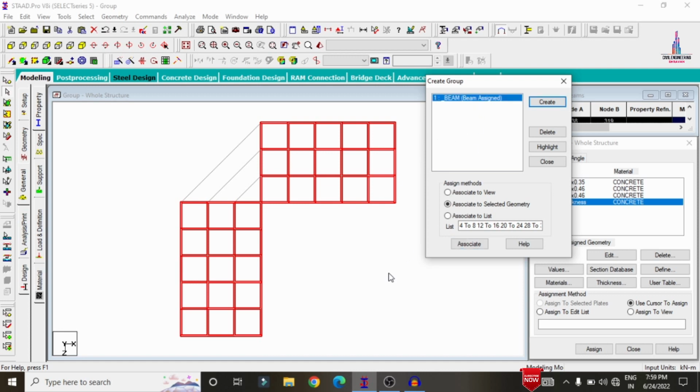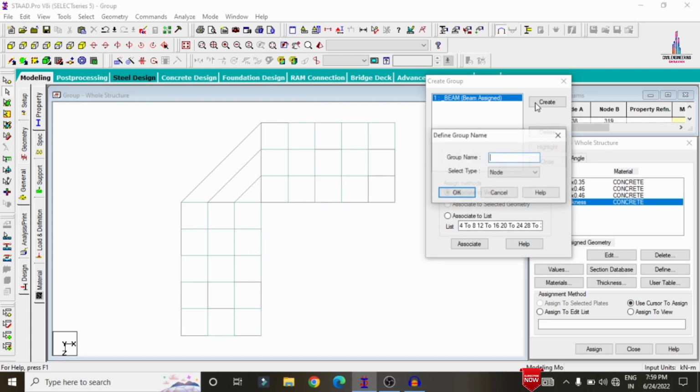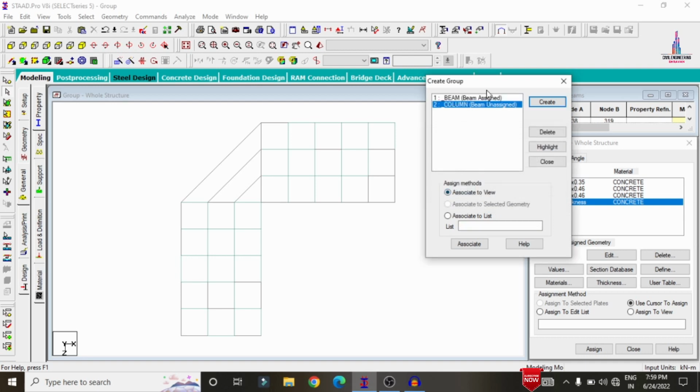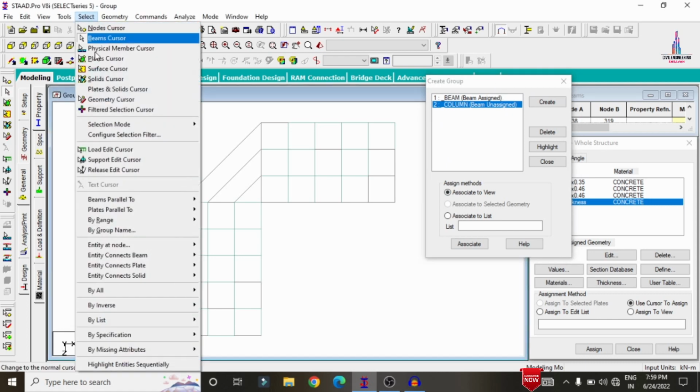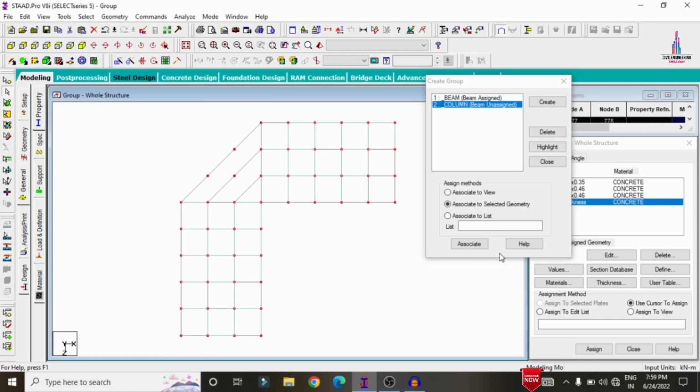Again, in the same process I am creating one more group, which is the column section. I am selecting column 1 section here under the beam option again. It consists of beam, plate, geometric floor here. Column is also generally considered a frame section, which comes under the beam only. Click on OK. Again we have to select the beams. Go to the select option, beams parallel to y direction. Click on assign to selected geometry. Click on the assign option so that it will assign the property for the column here. Again I am deselecting this respective member. Now we have to assign the plate thickness group.